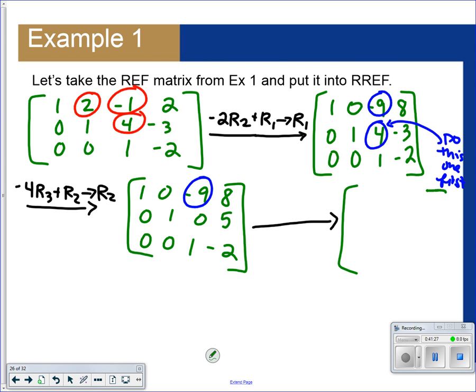Yeah, but see, you're going to have to use your operations in order to do it. So you're gonna